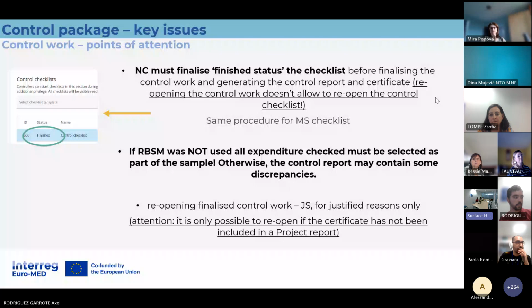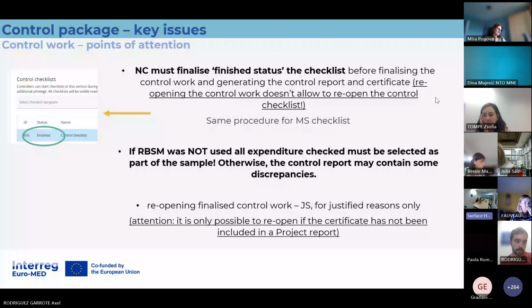So I can reply to the first question. You can just put 0.01 or 1 or something like this, because it's true that this pre-submission check blocks you from submitting if you include a 0. There's only 0, so you can just put another number. It's something that we will try to solve whenever we can. But for the moment, if you do the pre-submission check and you have this blockage, you just put the number 1 and it's fine. Once you start receiving your co-financing, then you can start updating this section.